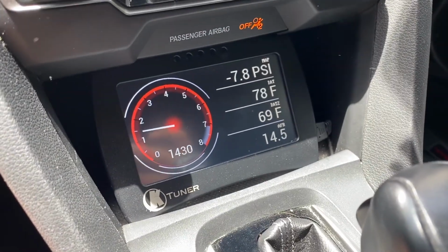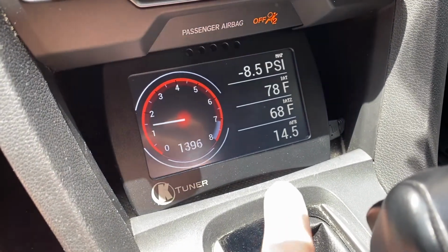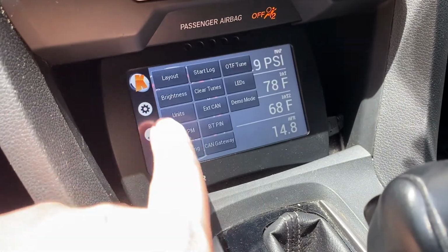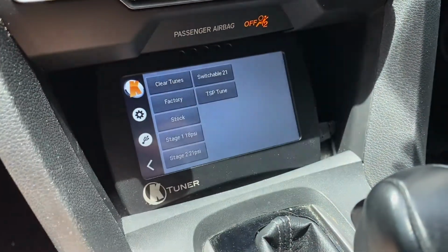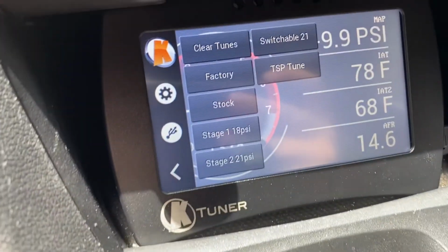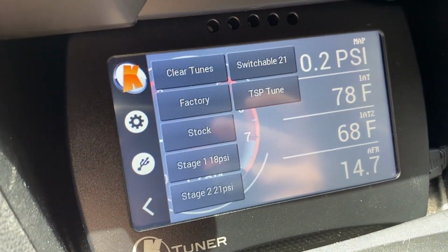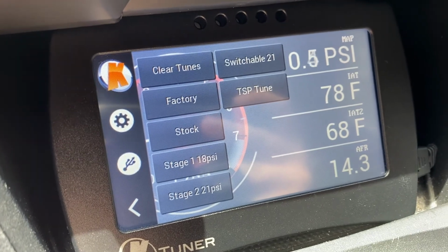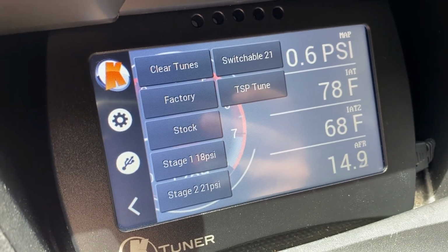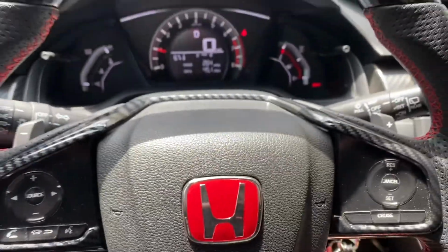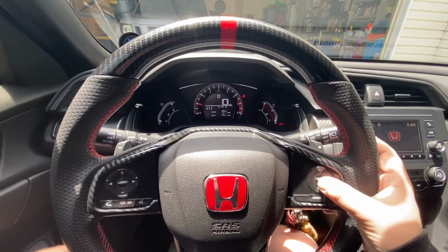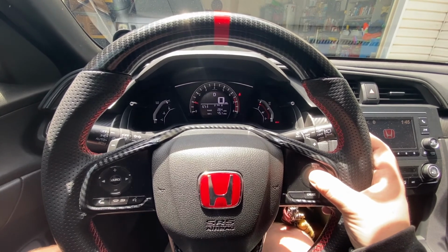Okay, so we're back here in the car now. And what you'll do to switch the tunes is tap the screen, press the K button, flash, and that's all the tunes that you have loaded on there. So it's got a factory tune and then all the ones that I have loaded on there. And then to switch the on the fly tunes, you will actually hold down the cancel button on the cruise control